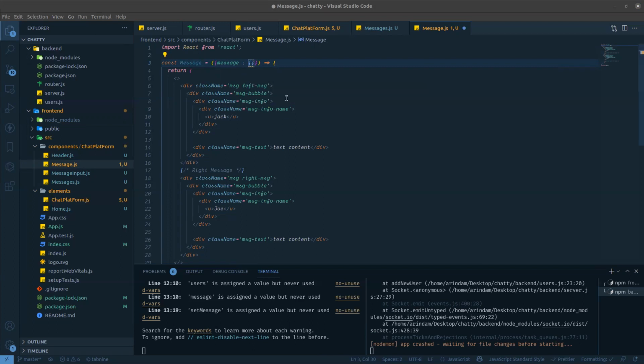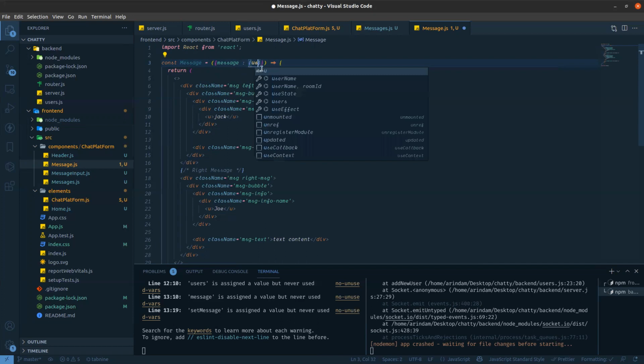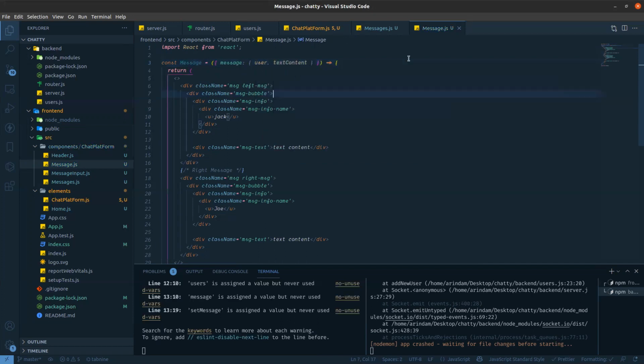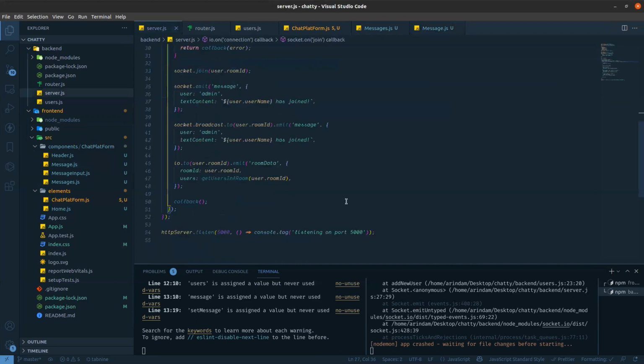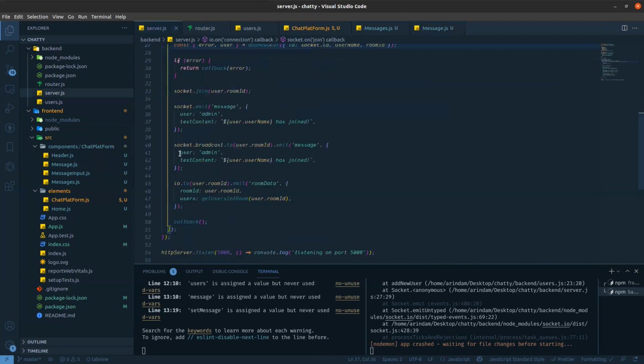From message you will get the text content and the user. Go to the server. This is the user, right? I'm sending the user, and this is the text content.